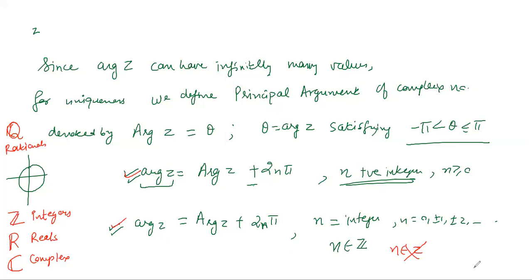So now let's do a few examples. Say we want to do a question: find the principal argument of z is 1 plus i, right? So that means we are actually looking for its polar form. So in polar form, we know that